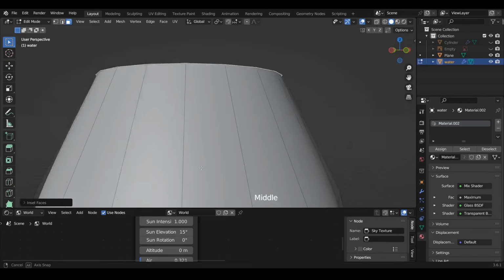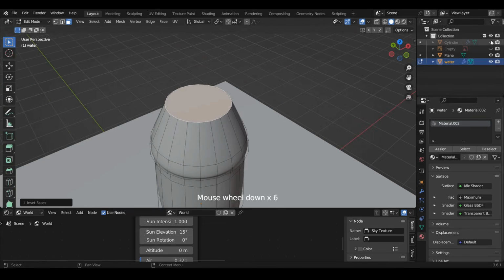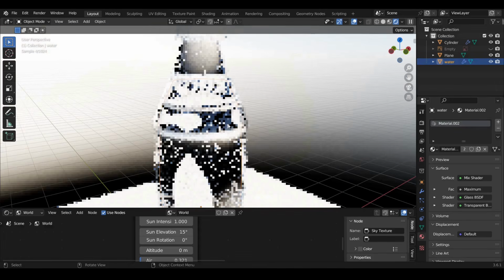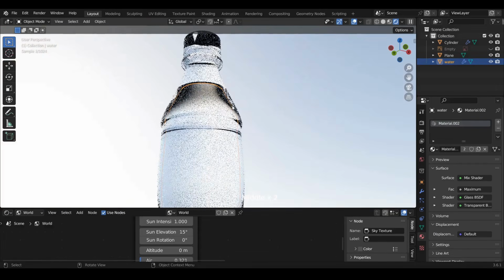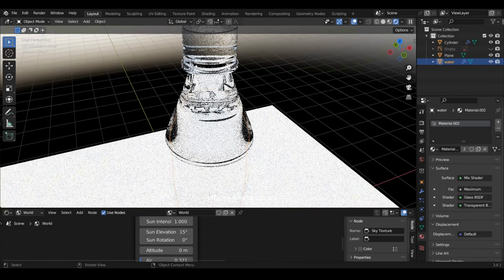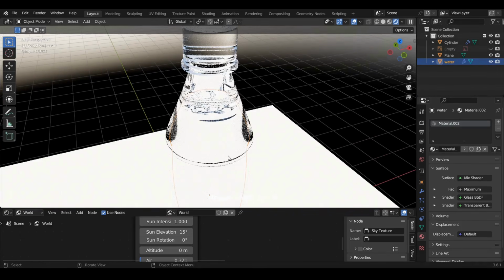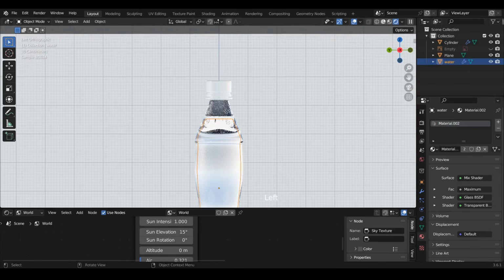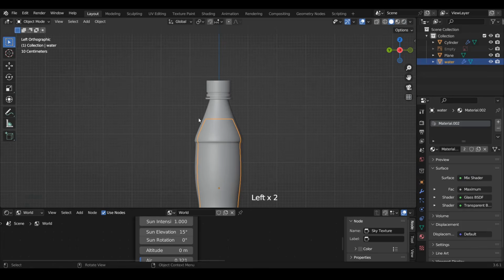I will press one more time here so it gets sharp. Okay, I think that will make it better. Yeah, that looks much better. Okay, now for the top, we will make it another color, and we just need to select the bottle, go